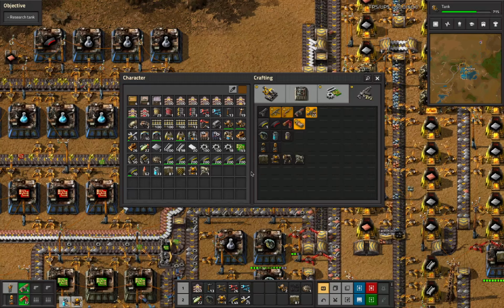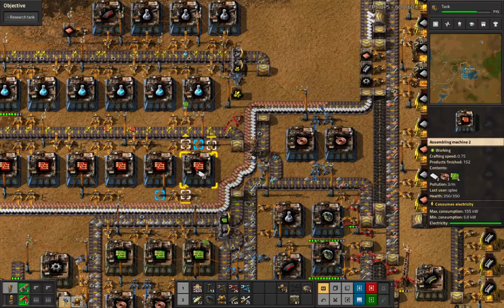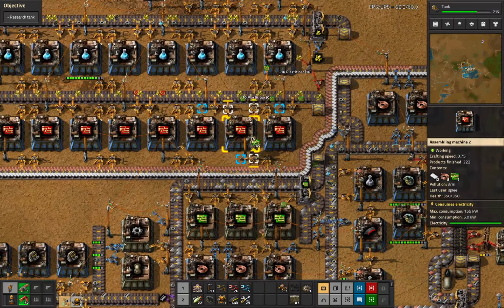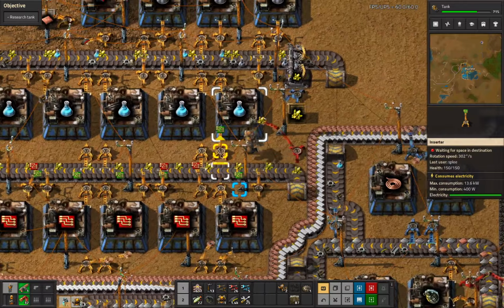I did want more copper. Copper is actually a thing I can bring in bulk back up here. Plastic, I don't need plastic. Do I need green chips? I probably don't need a lot of green chips. Actually, I've already solved that by...